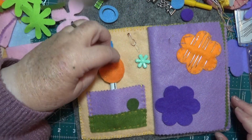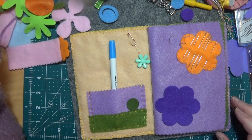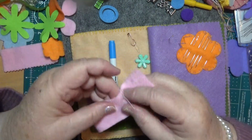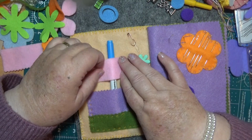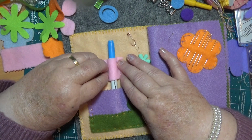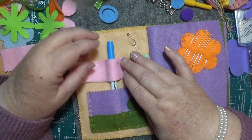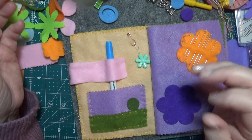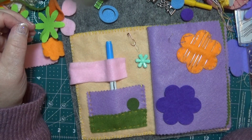You get a circle, put that on there. Right, maybe we'll have to just do a strip, a nice strip of pink or something. If you stitch that on there, and then the pen can go down in there, and it's not going to go anywhere. It's going to stay stuck in there. But then I've also got the other things. So what you need to do...